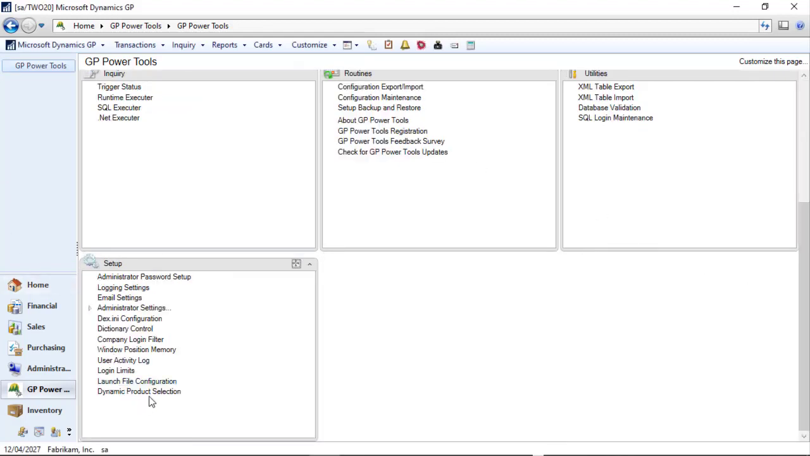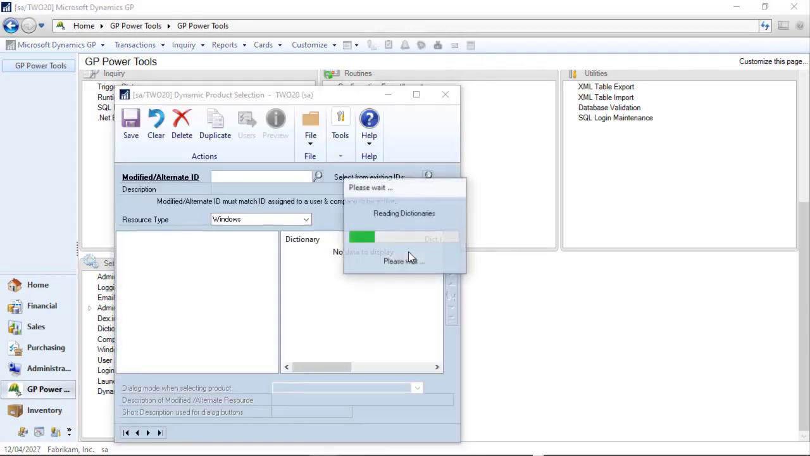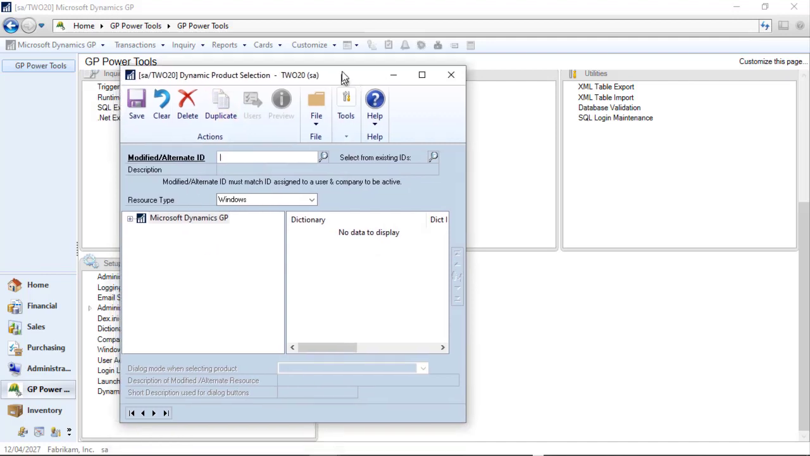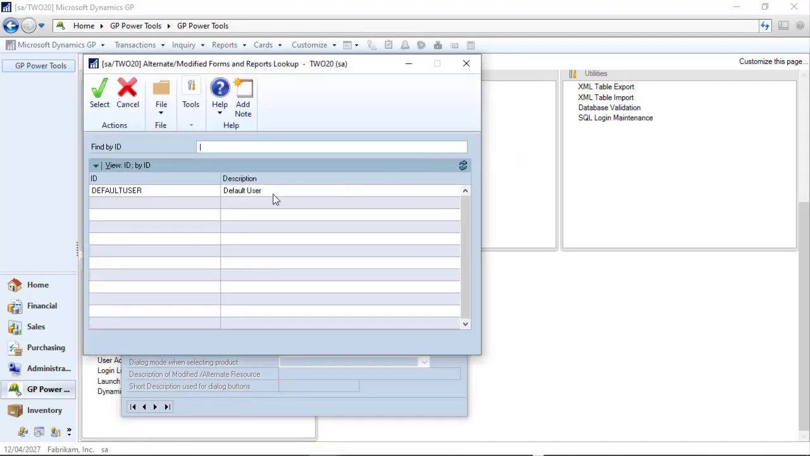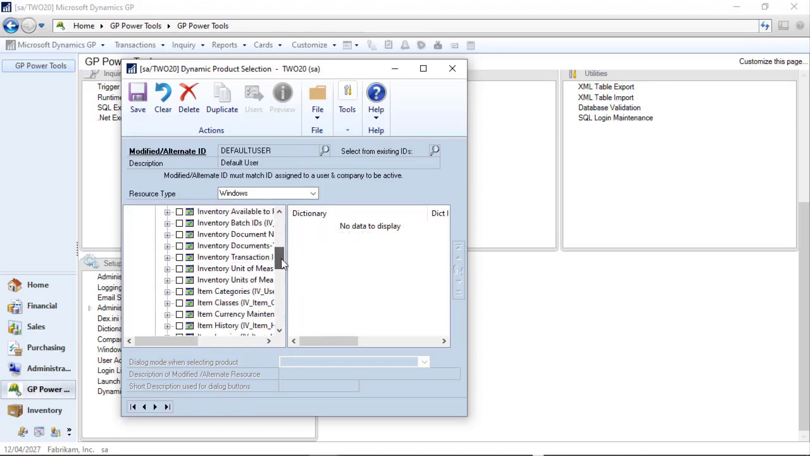If we go down to Setup and Dynamic Product Selection, put in your system password if you've got one, and I'm going to use existing IDs. Now I know that my current users are using the default ID for the alternate modified ID, so I'm going to come in and I'm going to say in inventory I'll find item maintenance. So you'll see I've got a few different versions of item maintenance here. There's the modified version. So if I click and say activate this feature for item maintenance and click on it,